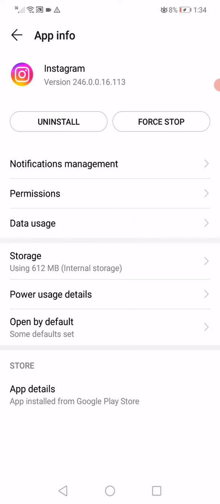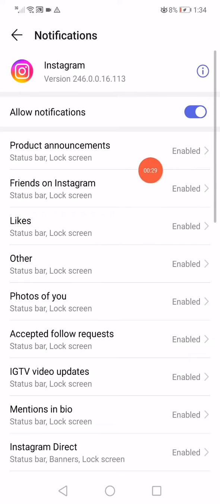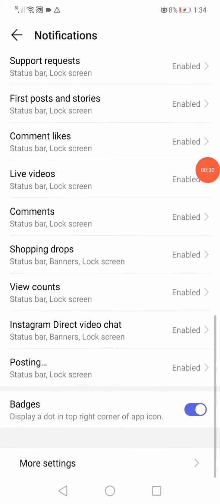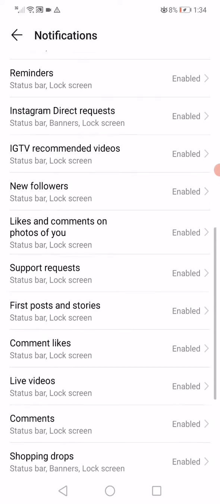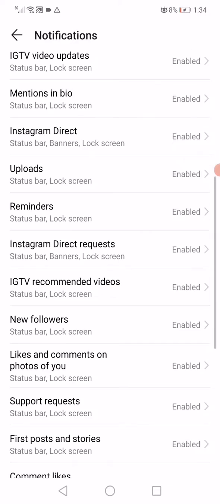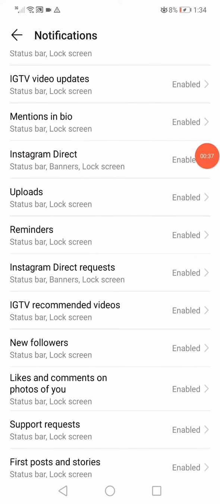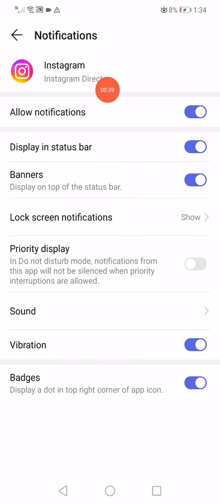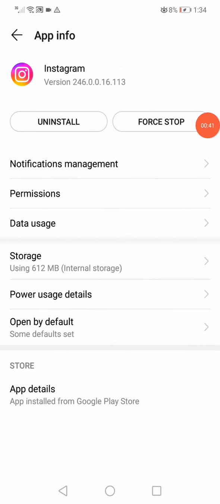As you can see, click on the notifications management. Make sure that all the notifications are enabled, especially the direct notifications. From here, make sure that this option is enabled, Instagram Direct, and after that, go back and click on this